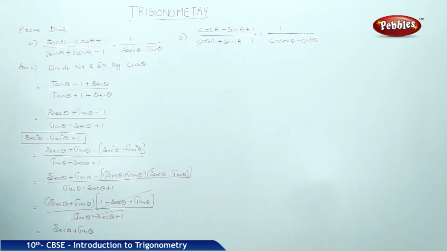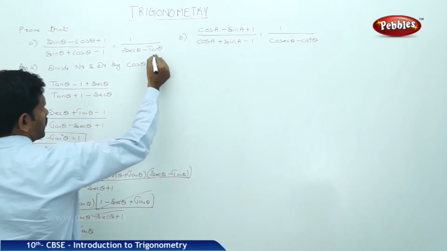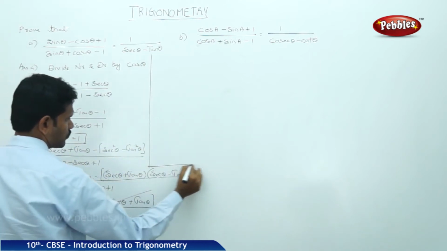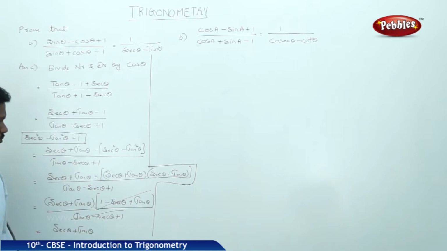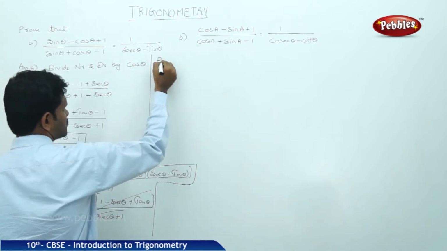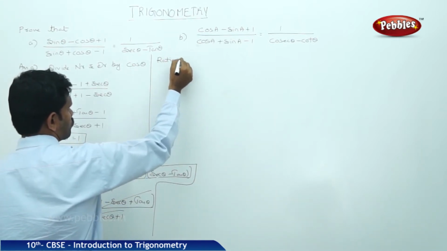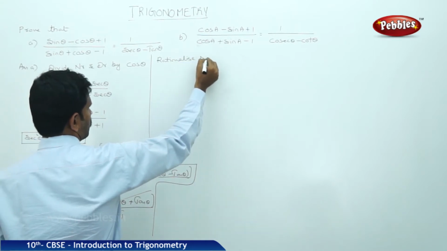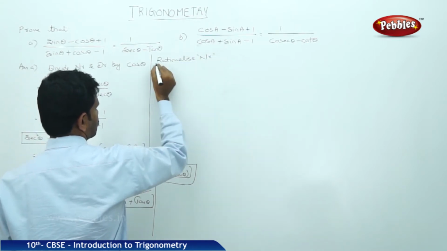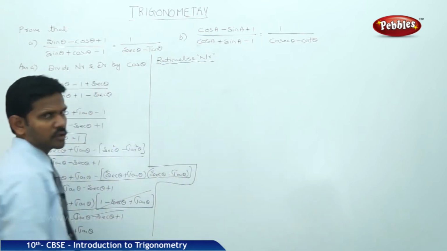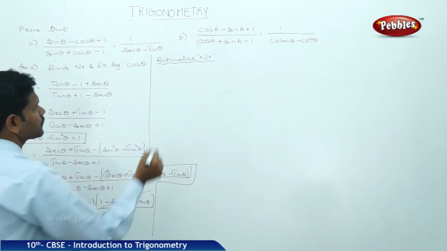Now rationalize the numerator. Now we will continue the process the same. Rationalize the numerator, that is